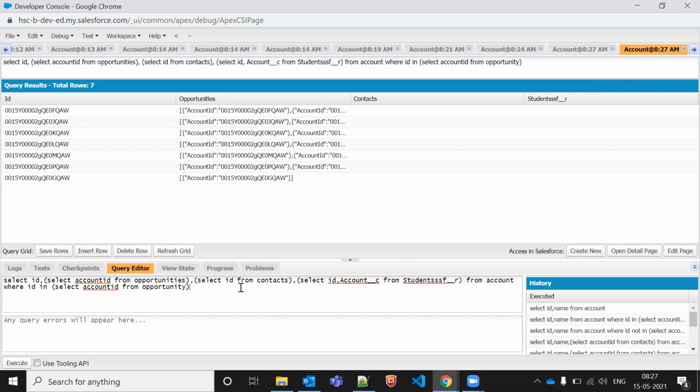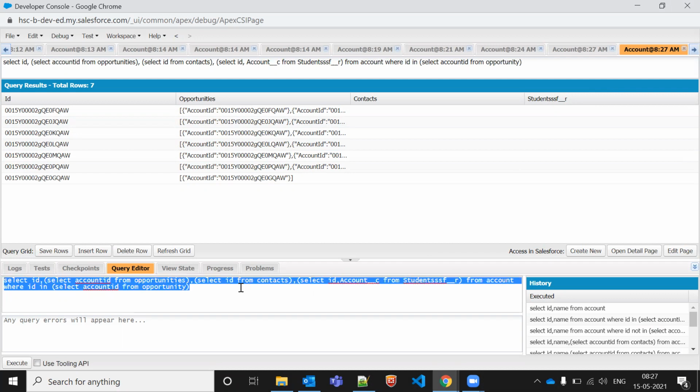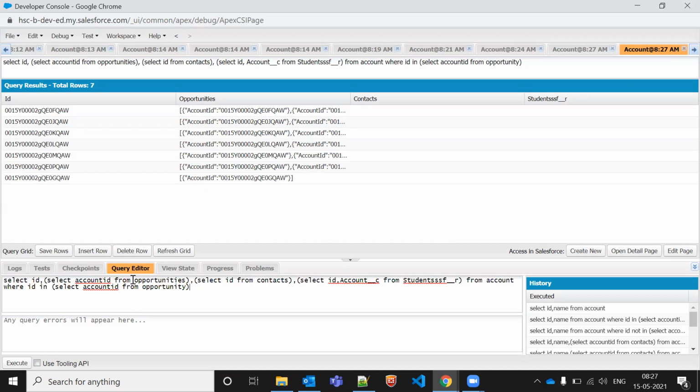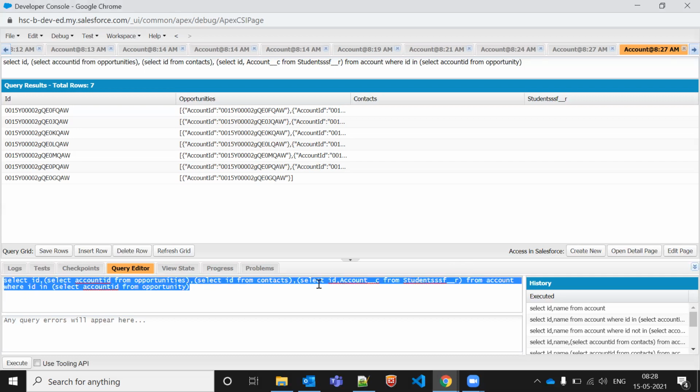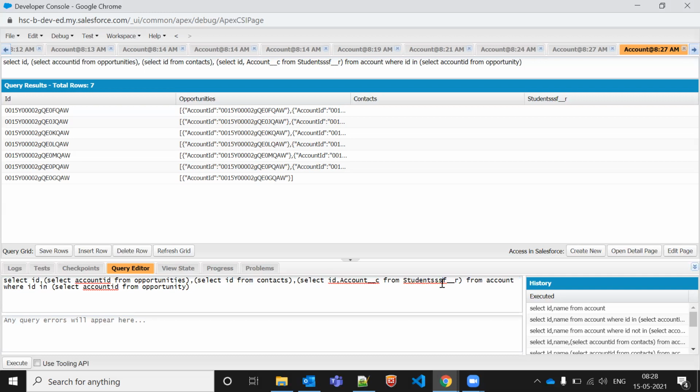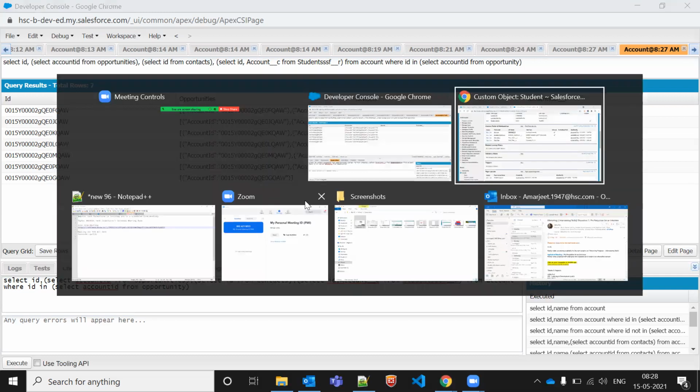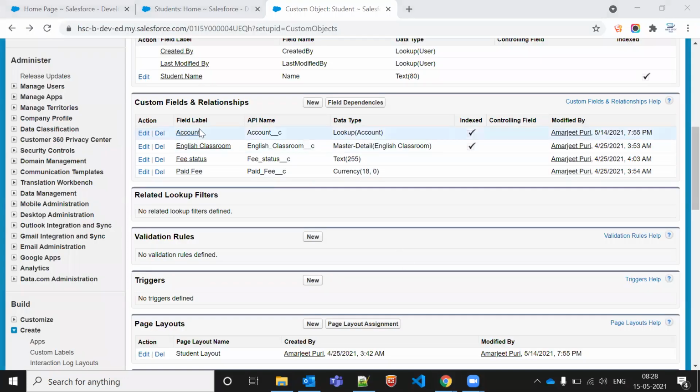Understood or not? It's not that complex a query, but yes, it's a parent to child query. We can add a maximum of 20 subqueries, like child queries, in one parent SOQL. Let's say this is 1, this is 2, and this is 3. We have a total of 3 now. Kumar, got it or not? Got you. Yeah. Okay, great. Okay, fine. So like this we can do it. This might be the challenging part for you if you are going to a custom object and you are not able to see the things.